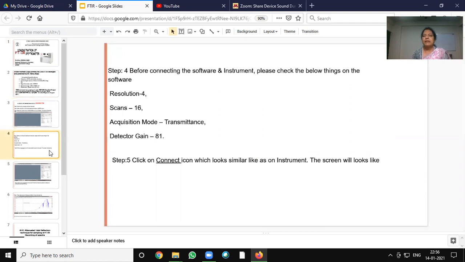Step 4. Before connecting the software and instrument, please check the following things on the software, that is on the desktop: resolution 4, scan 16, acquisition mode transmittance, detector gain 81. Step 5, click on the connect icon, which looks similar to the one on the instrument.